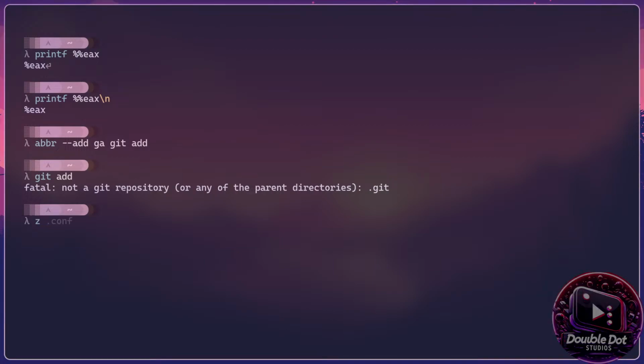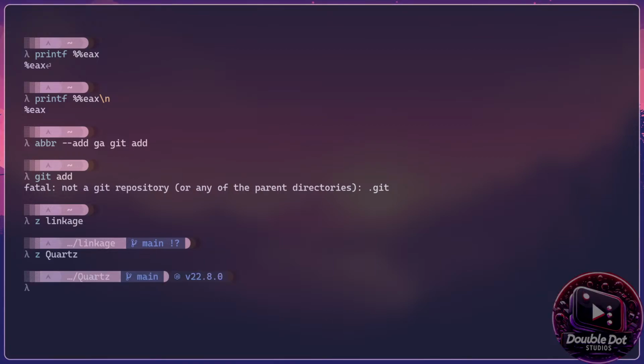Let me go into a git repository. Okay, we can do git add. Actually, let's go into Quartz, because I do have some changes that need pushing. Quartz, and then we can do git add dot, good, git commit dash m,